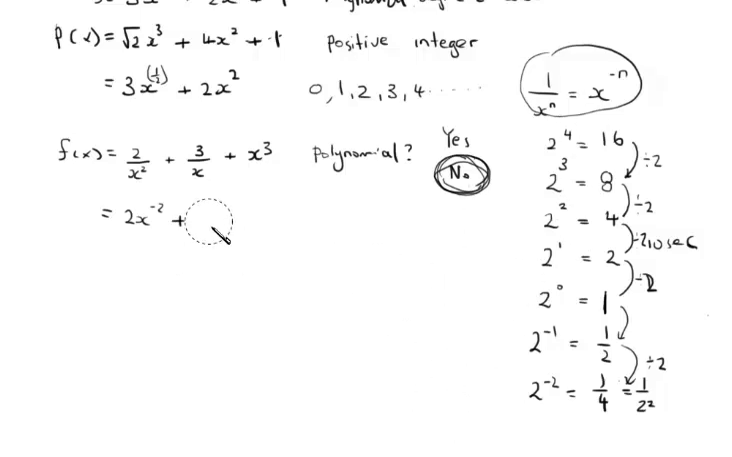So anyway, as you can see, this is not a polynomial because this one is basically 3x to the power of minus 1 plus x to the power of 3. And the definition of polynomial is the exponent has to be a positive integer or 0. So that's the definition of polynomial. Now,